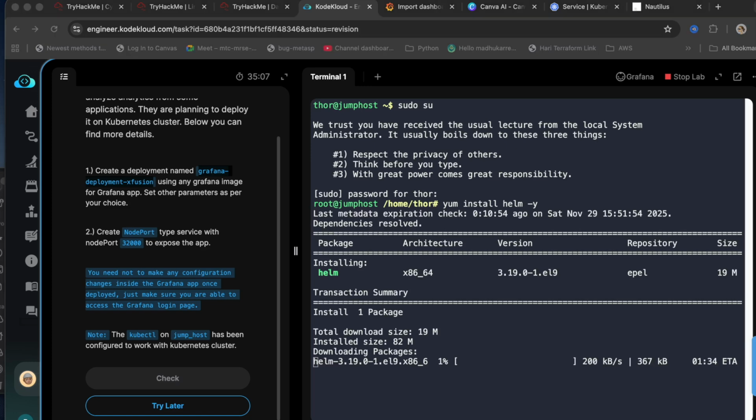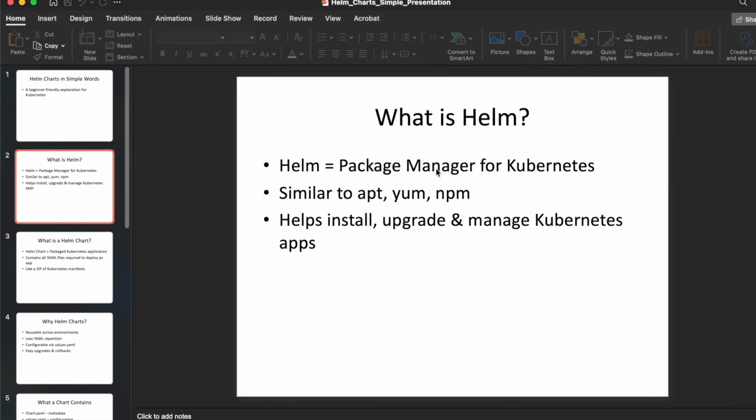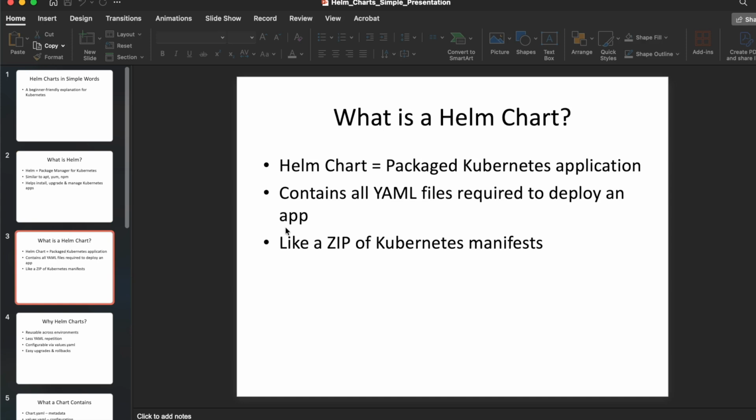So basically what is helm? Helm is a package manager for Kubernetes, like how we do in Ubuntu or CentOS. We run apt or yum, a package manager, to install something. This is helm. Helm charts are basically, if you want to deploy something, maybe you have a deployment, a